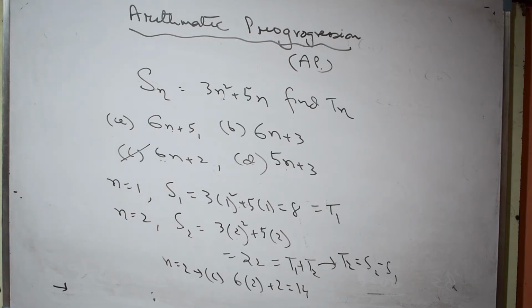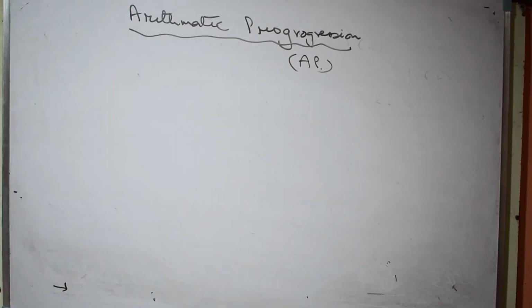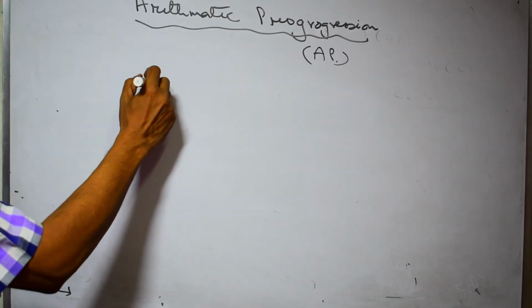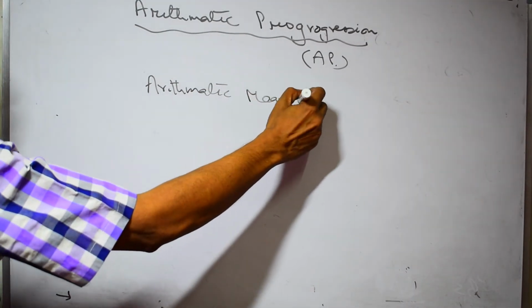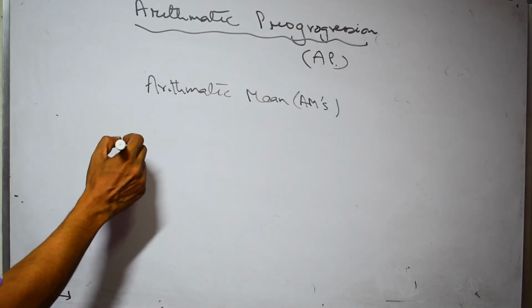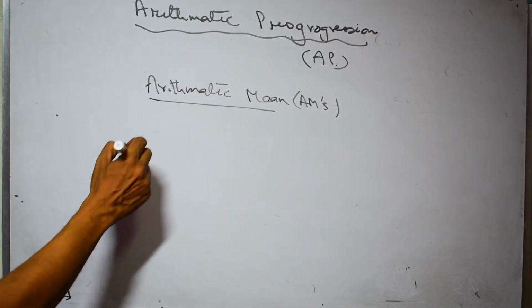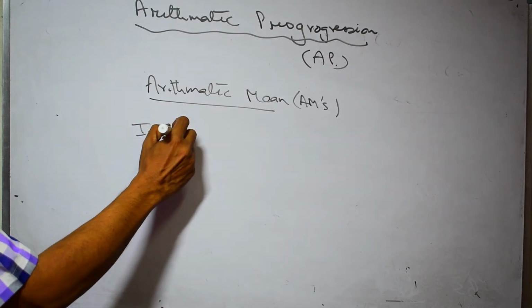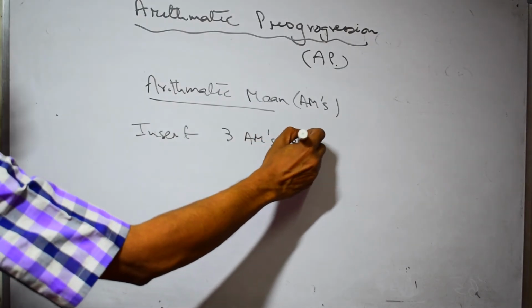So this type of problem we can find in some multiple choice exams. So this is one kind of problem. One last kind of thing we need to know is to find some missing terms, that is, arithmetic means, also known as AMs. That means some missing numbers between the two. If we want to find the arithmetic means, we can use the nth term concept, like: insert 3 arithmetic means between 12 and